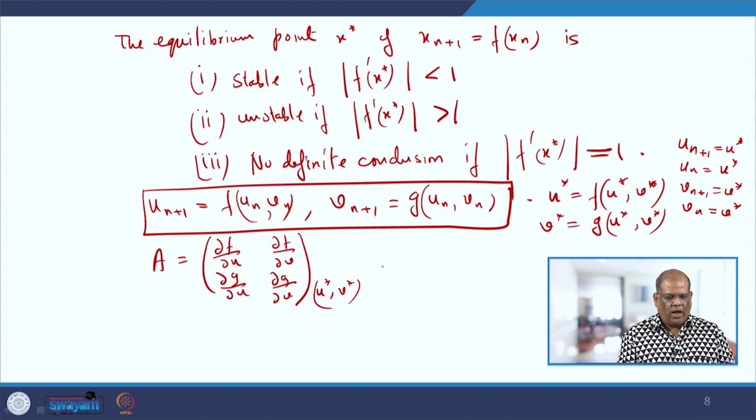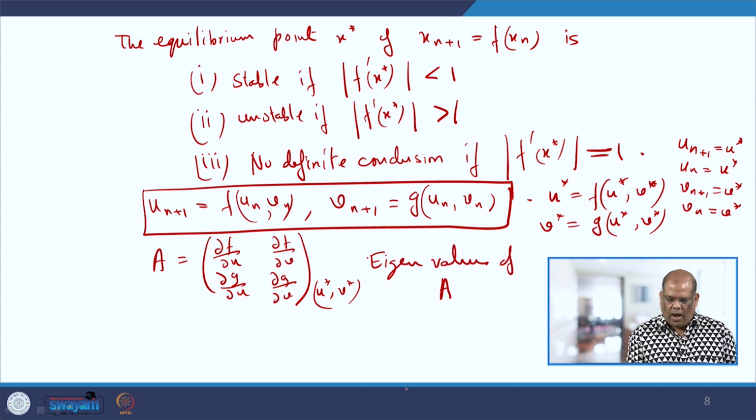And once you do that, you calculate the eigenvalues of A, and your u star, v star